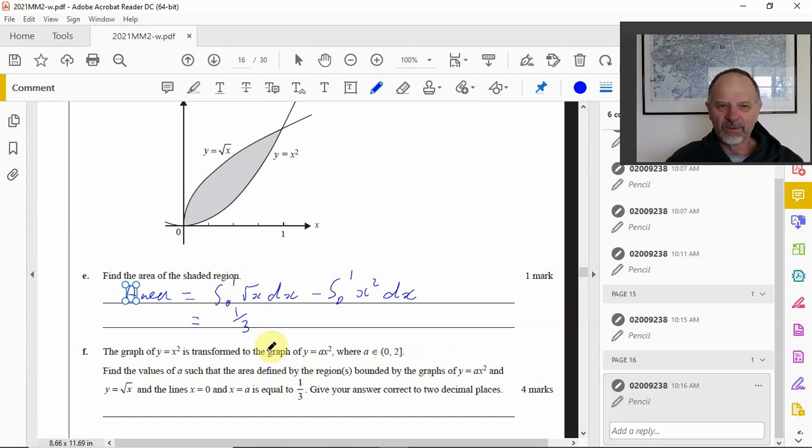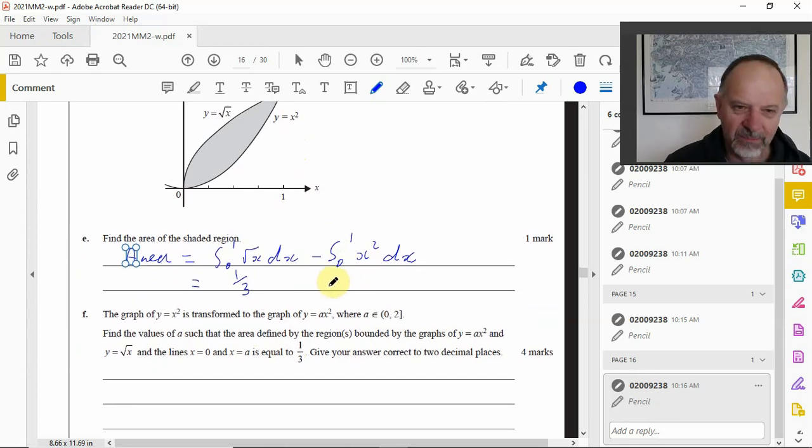All right, well, we already know one of those because we found this area to be 1/3. Now, the a value for the one that we did there is, of course, 1. So from part E, we know that when a equals 1, the area